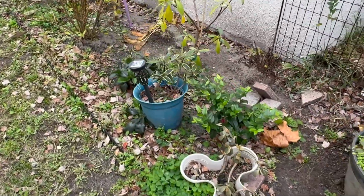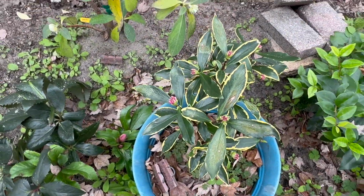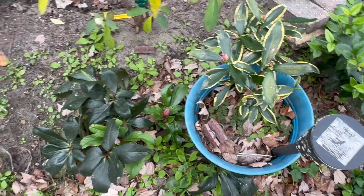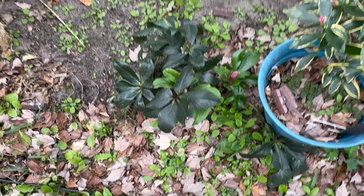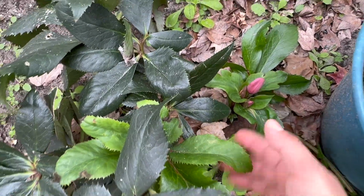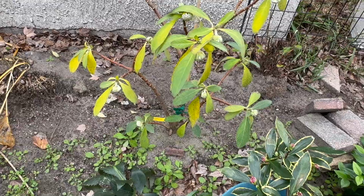My shade garden. I have some Daphne here. See, Daphne. It got a little sun damage when we first moved here. Oh my goodness, we're getting some buds. How exciting. And then we have my Edgeworthia,